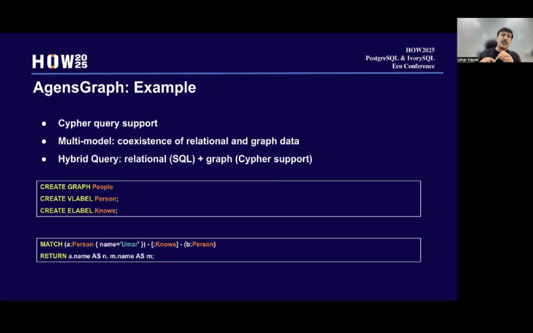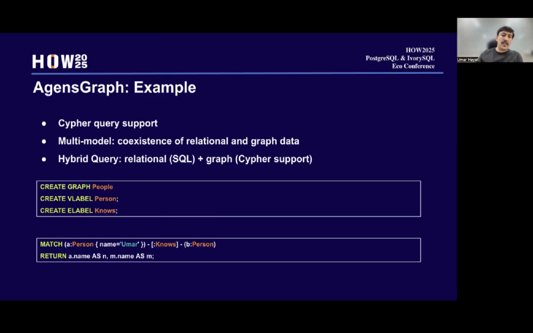I'm focused on how these entities are implemented in Agents Graph. This is an example of an Agents Graph query, and this syntax is what we call Cypher syntax. There was a previous standard named OpenCypher.